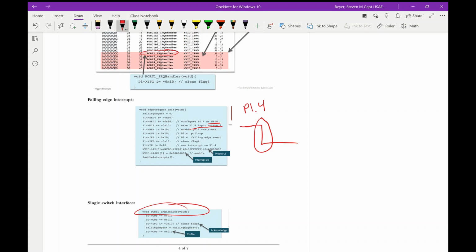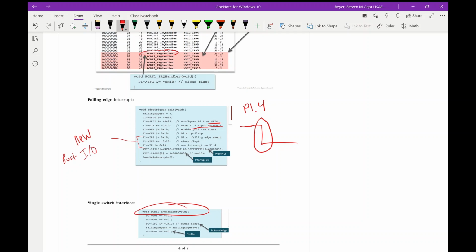And then now we're going into a couple more of the flags, registers within that port 1. And these are all, again, that same section on port IO. So it looks like if we set IES, we get a falling edge event, and we clear the flag, and then we arm the interrupt. Okay, so this part's new. Again, that's in the port